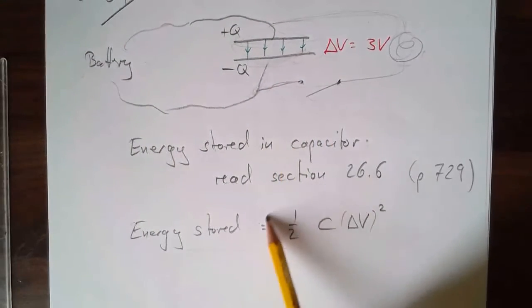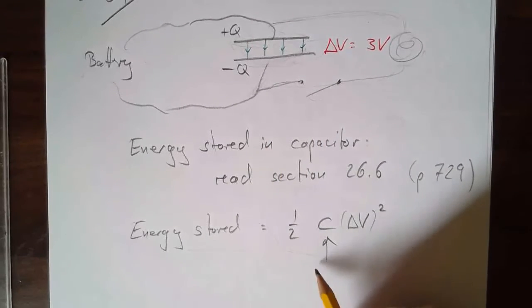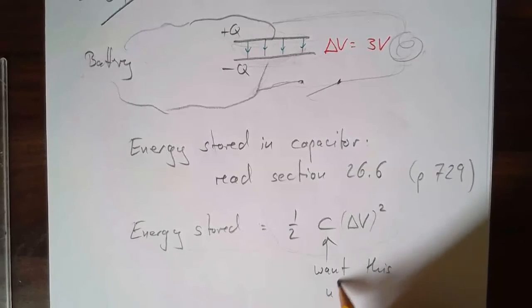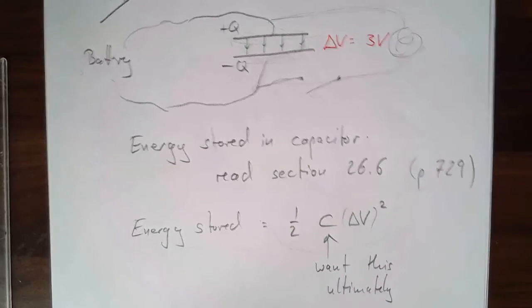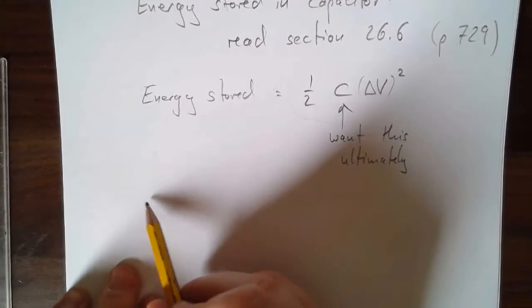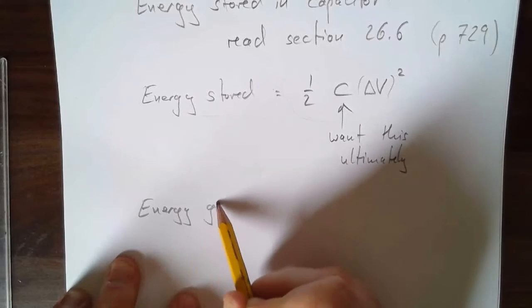So the total energy stored is this. We don't know C. That's in fact what we're trying to find. That's what we want at the end. But what we do know are 2 things. We know that the energy given off,